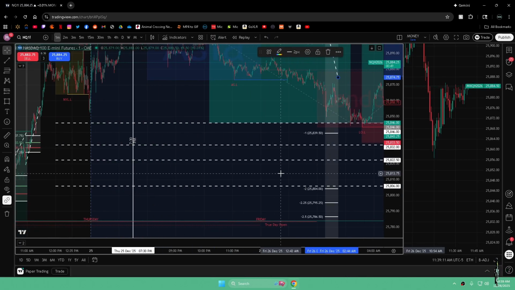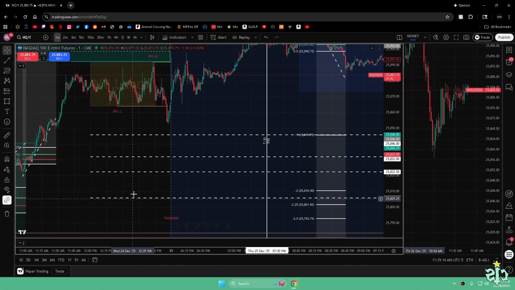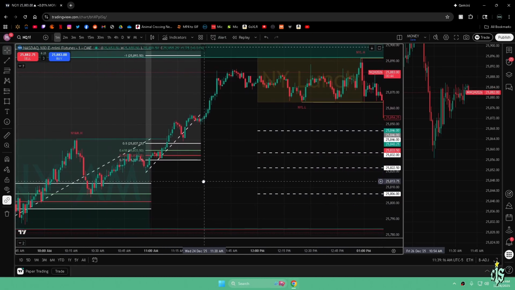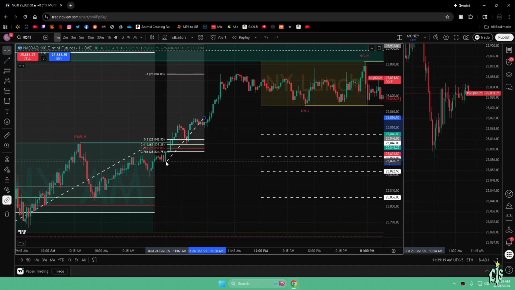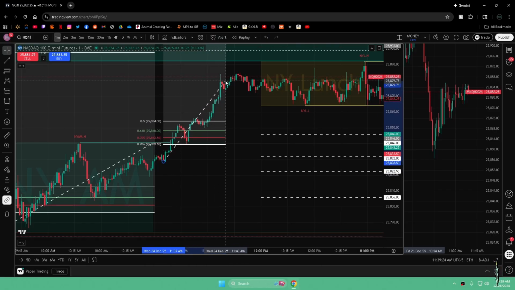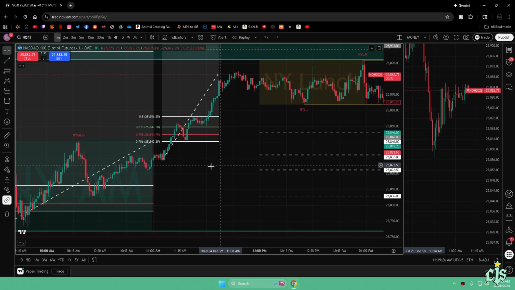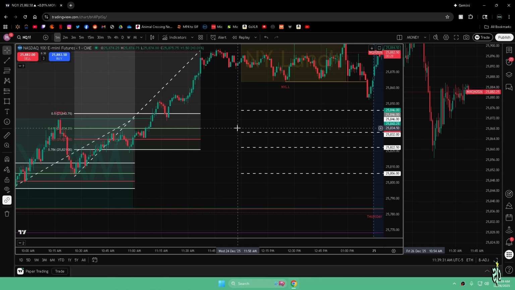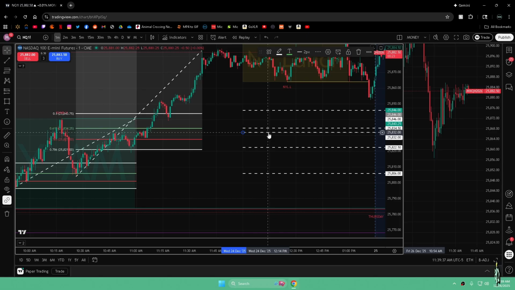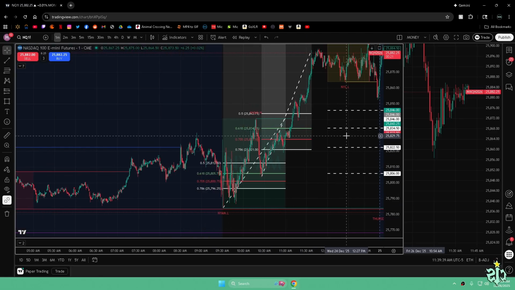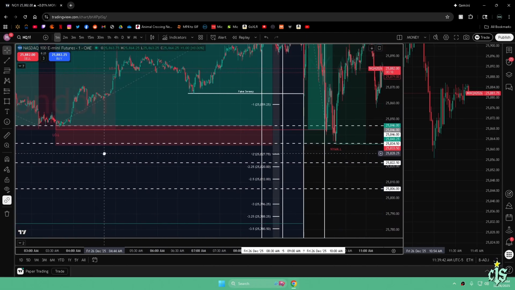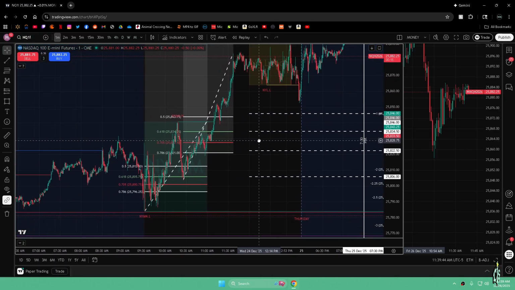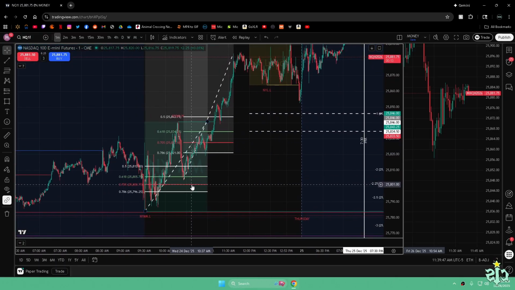Let me see. I might have drawn my fib wrong, but we do hit from the tick. Maybe it was from this low. Might be tripping right now. This might be it. Okay. Get rid of that. Don't want to confuse you guys. Okay. Okay, yeah, that's the one. Okay, so let me get rid of these old ones.